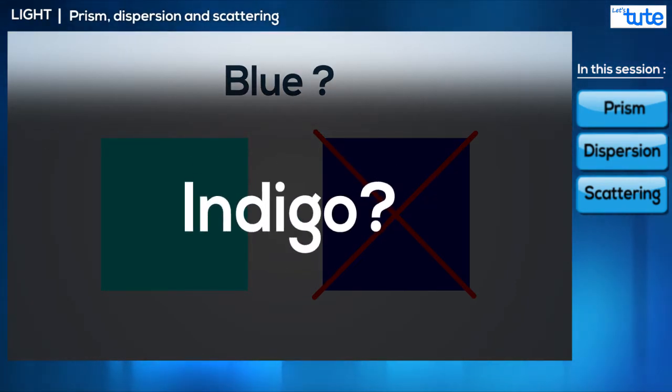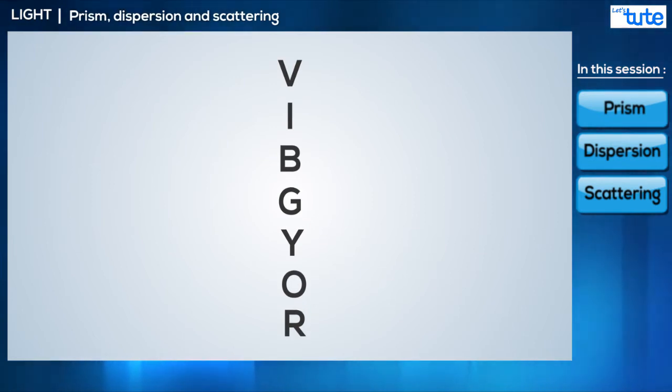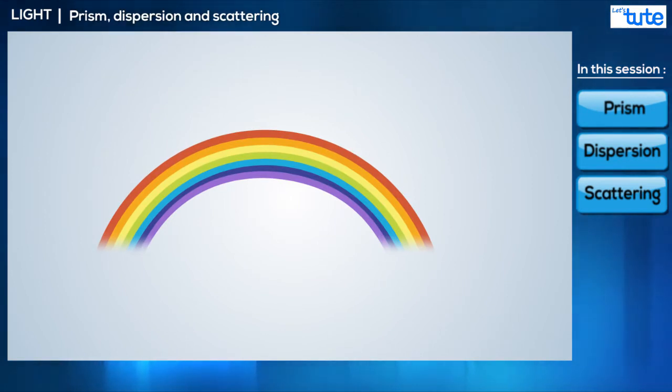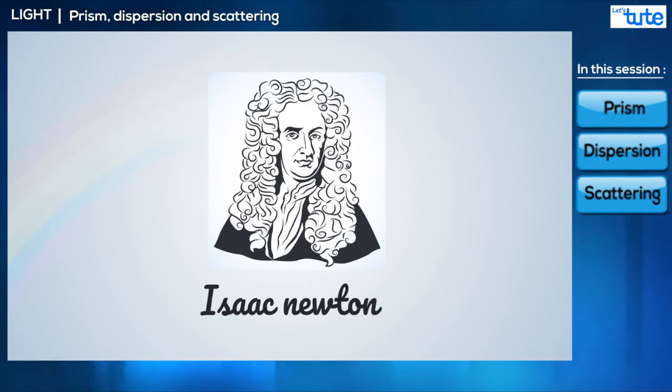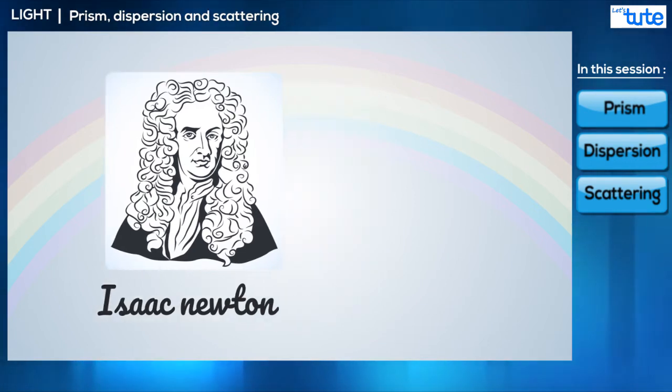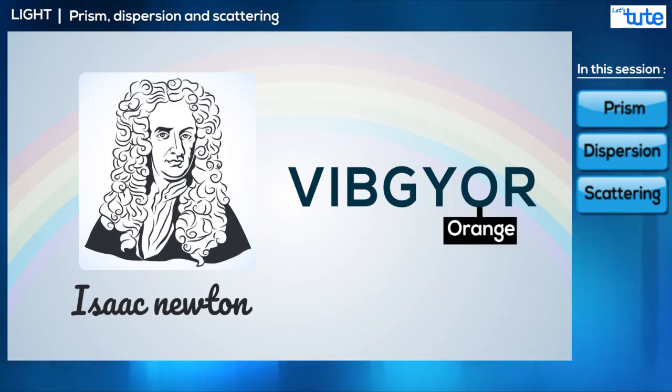And indigo? Well, indigo was literally just added as a color in the rainbow by Newton when he was doing his experiments with prisms and discovered how white light is dispersed. He wanted there to be 7 colors, so it matched with the 7 notes of music. But Newton discovered how rainbows are made, and so how he named the colors has stuck. So even today, the rainbow is made of violet, indigo, blue, green, yellow, orange and red, or Vibgyor.